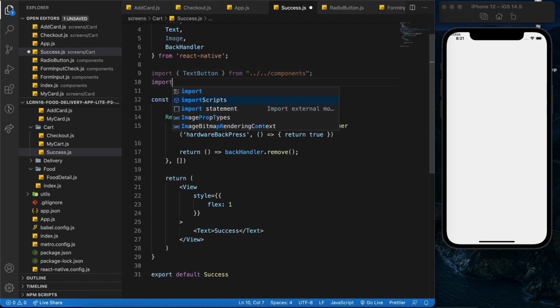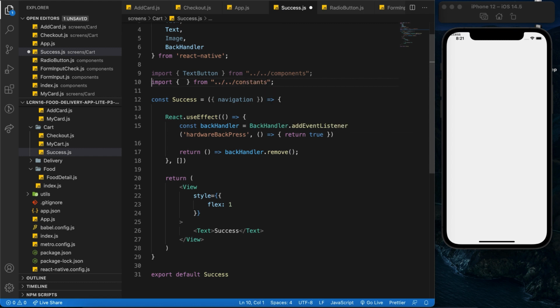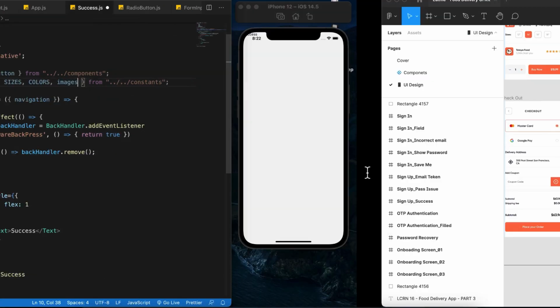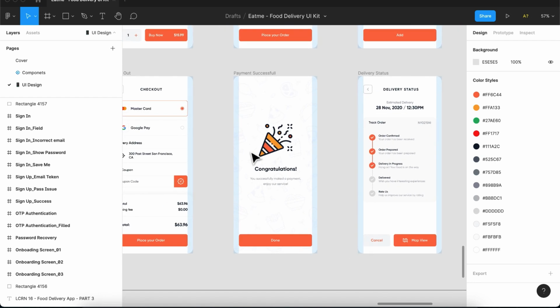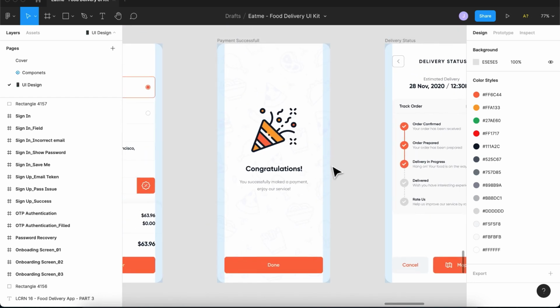And we are going to import from constants as well. And for this component, we need fonts, sizes, colors, and also images. Alright. Now for the success screen, it's actually quite straightforward, because all we have here is basically an image component followed by two text components, and lastly we have the text button over here in the footer